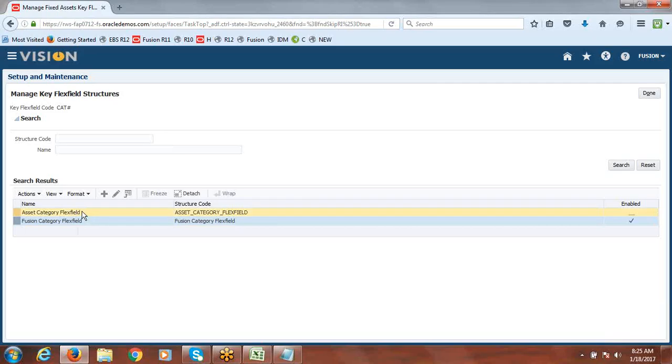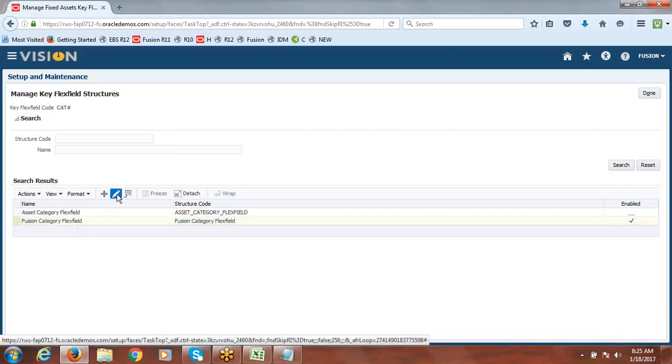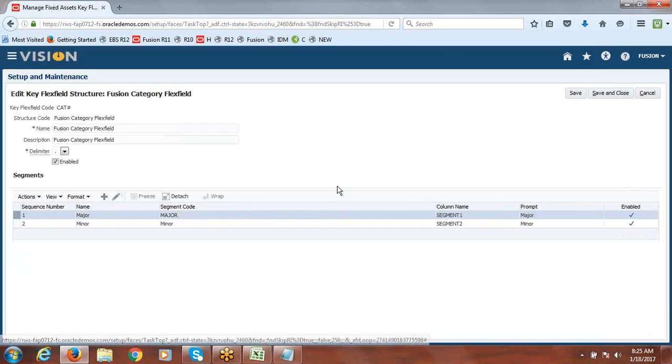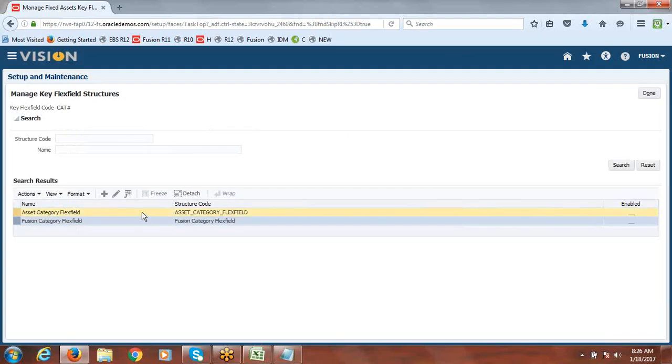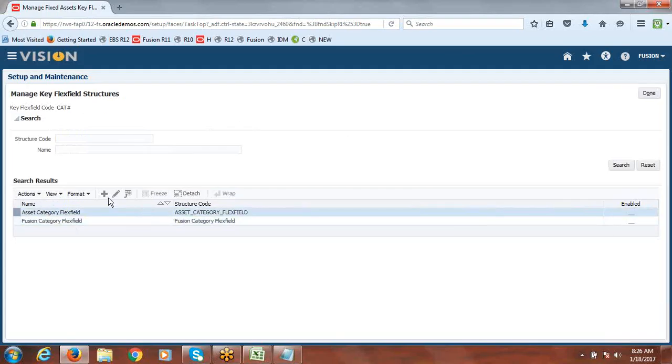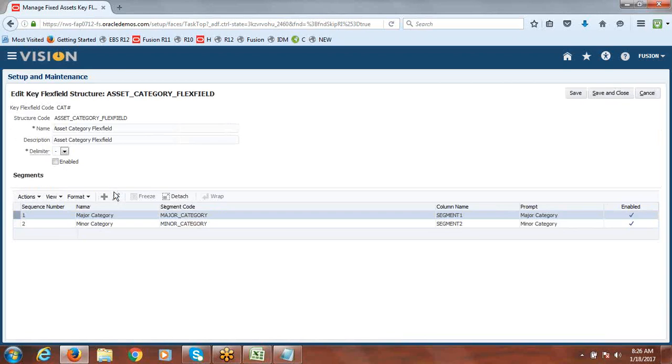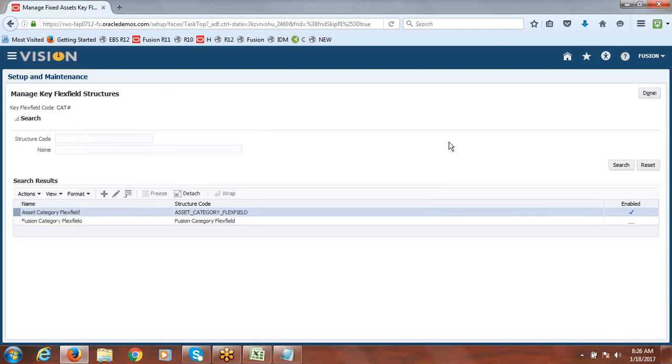Whatever we can use is only what the system controls have already selected, and that should be in enabled mode. So just click on edit and disable ours. Anyway, our testing part is over, so it's not required for us. Make sure that this is enabled. So say save and close.